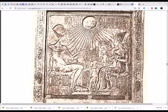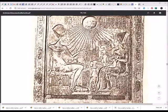And look how natural it is. You've got Akhenaten, Nefertiti, some of the children, and they're just relating in a normal sort of family thing. There's the gesture of the hand to the chin again, and she's cradling this one's head. And this is revolutionary in the artwork. And here's the Aten shining down with the rays and offering the Ankhs,